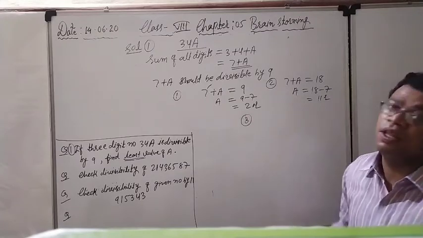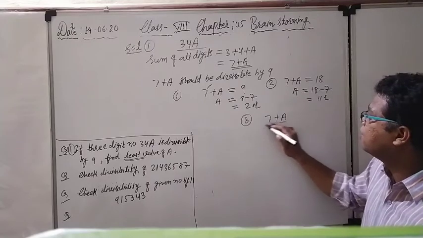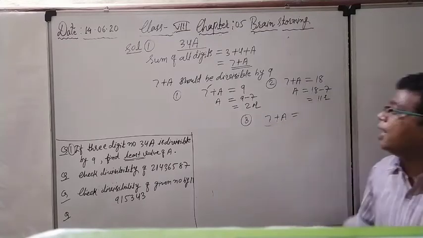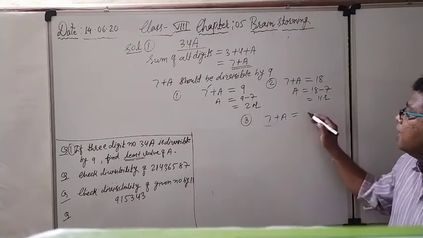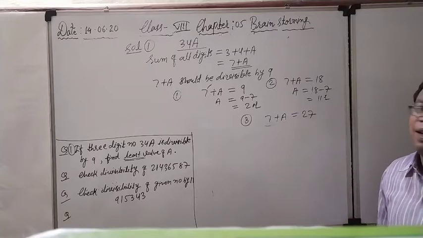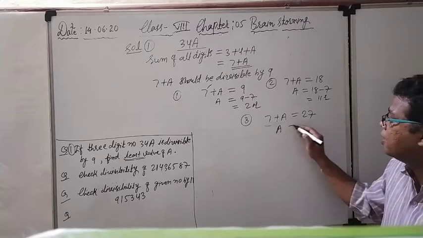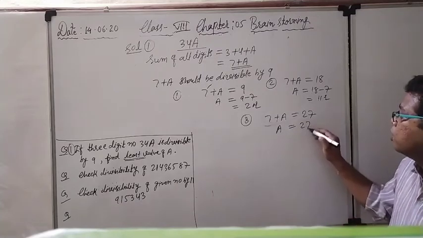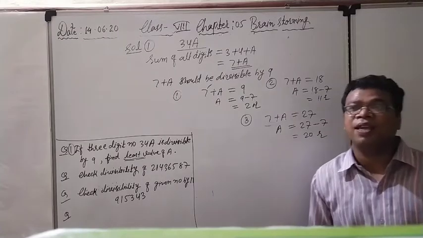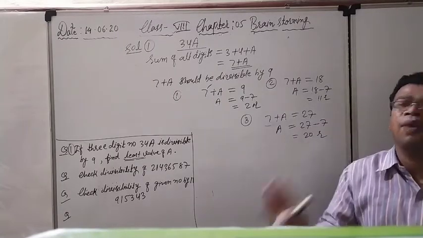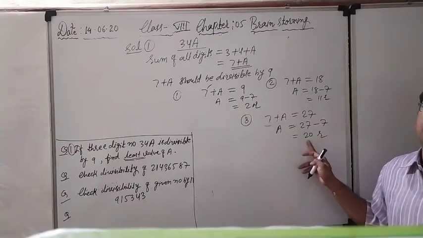If I have to find out the third value, so 7 plus a, this is the sum, and this sum should be equal to a multiple of 9. 9 1 ja 9, I have taken first time. 9 2 ja 18, I have taken second time. After that 9 3 ja 27. After the 18, what is the next possibility? 9 3 ja 27. Again I can get another value of a, and that is equal to 27 minus 7, giving me 20. In front of you, you can see I have found three values of a. One is 2, one is 11, and the third one is 20.